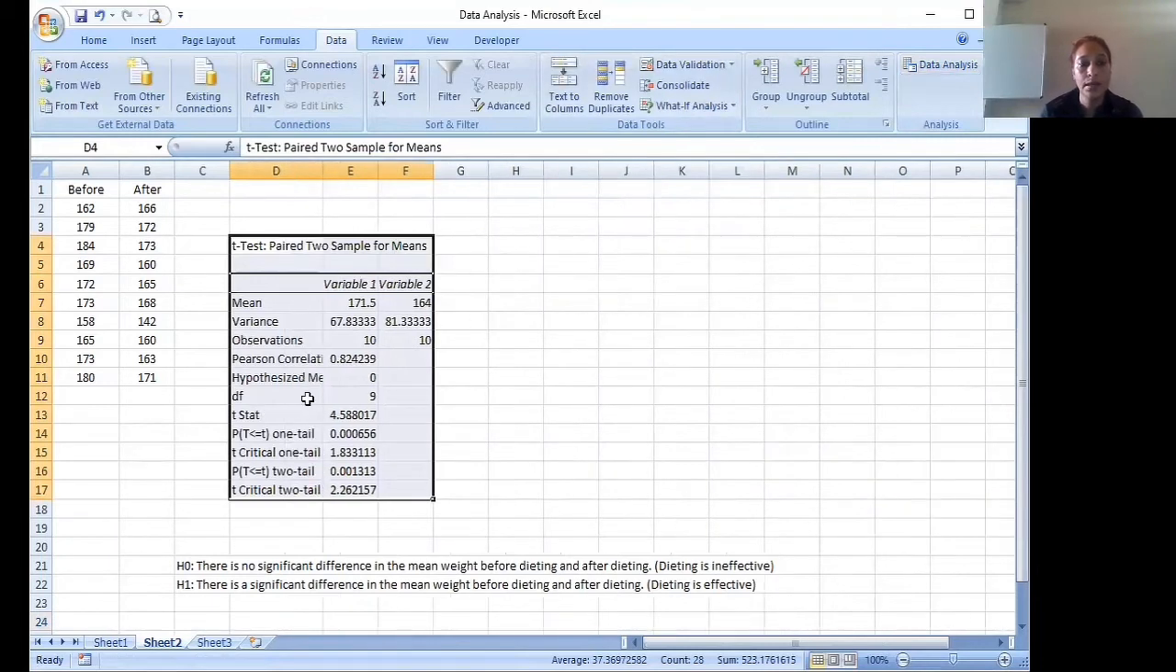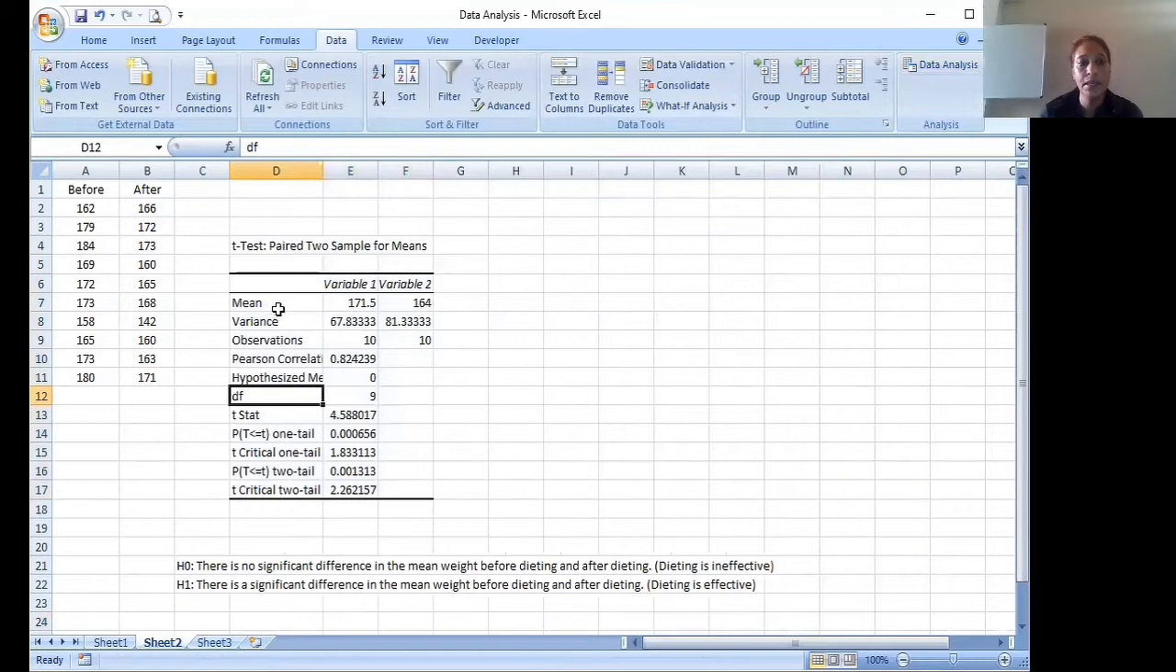So here in this we can see the mean for both the groups is given here. This is the variance. These are the number of observations in both the groups. This is the Pearson's correlation between these two groups, and this is the degree of freedom. Now the t statistic value is 4.59, and this is the P value and the t tabulated value or the t critical value for the one tail, and these are the P value and the t tabulated value